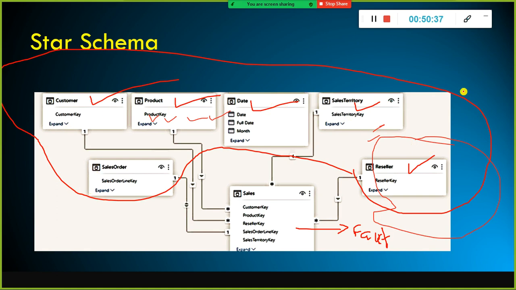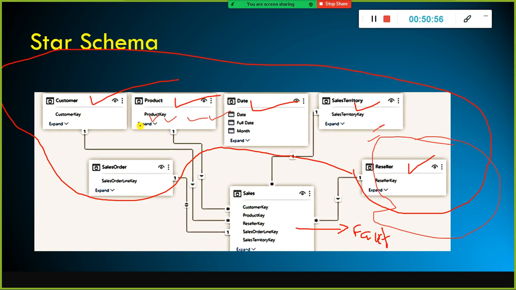Why do we call it a dimension table? The dimension table consists of the combination of the descriptive information and the surrogate key. What is the descriptive information about your fact table? This is my fact table.